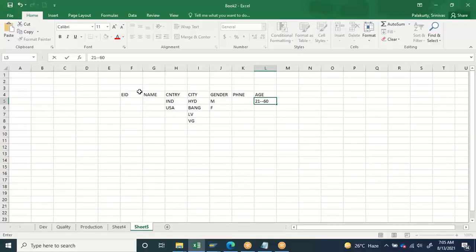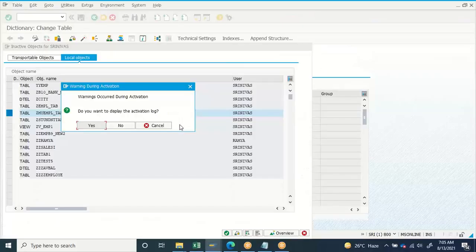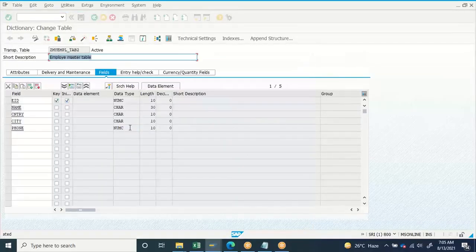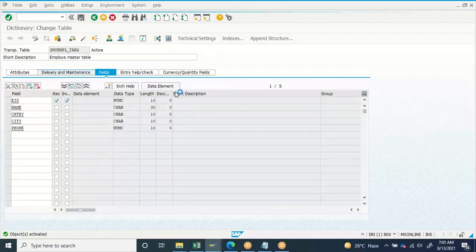If you see these fields, whatever I am marking in yellow don't have any validations. The remaining fields want some validations, but I cannot put these validations anywhere. If I use predefined data type, my system won't allow me to put any validations. So if I do the data entry, utilities, table contents, create entries, and by mistake I make some changes,